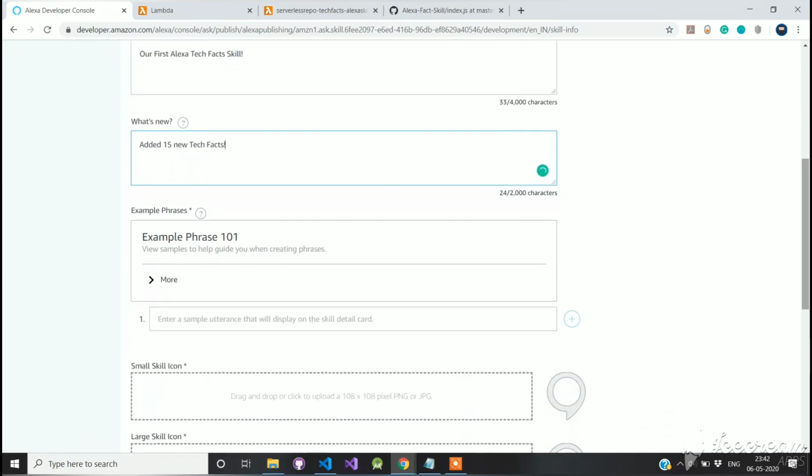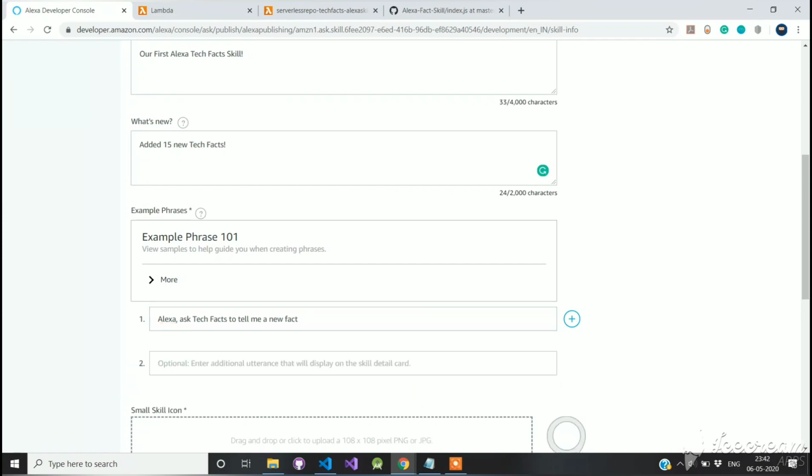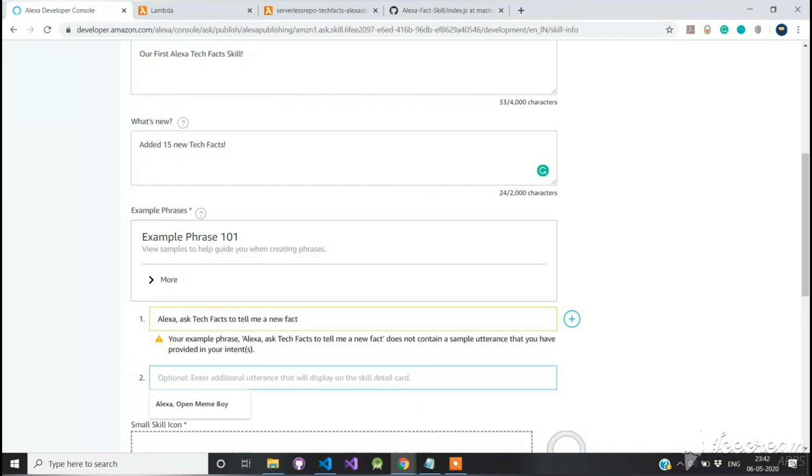In the example phrase input box, you need to type what the user must say to invoke our skill. Note that here you are only allowed to use the sample intents that you have provided in your skill. We haven't provided this sample utterance, so let's see what happens if we try to use it. As you can see here, it's going to give an error. I'm going to remove this example phrase and instead I'll type open tech facts.